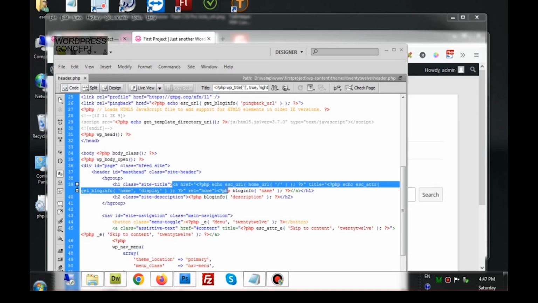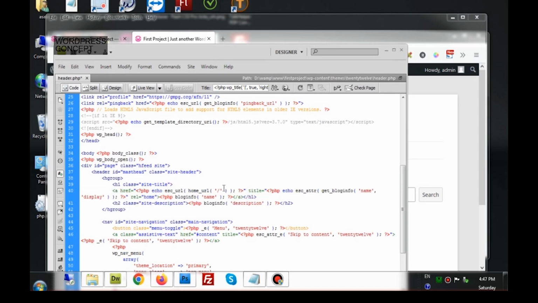So here is the start of the anchor up till this point, and after that this is called the closing of a tag. In HTML, when a tag is opened, it has to be closed as well. For example, let me show you clearly. Now this is my anchor which is opened here.